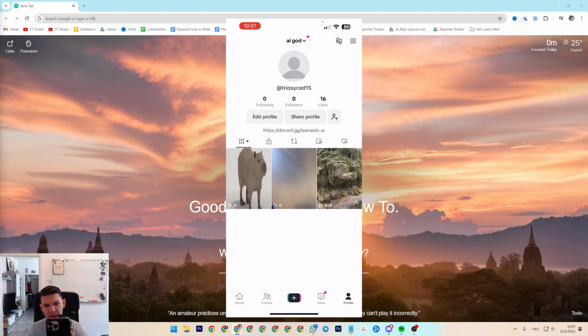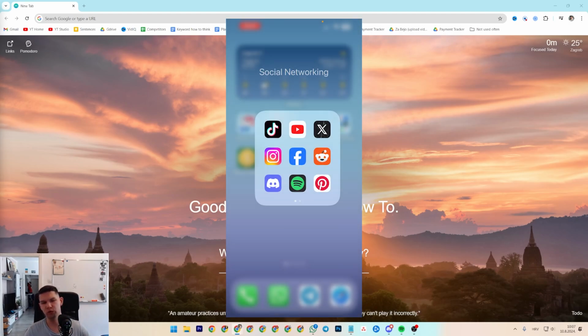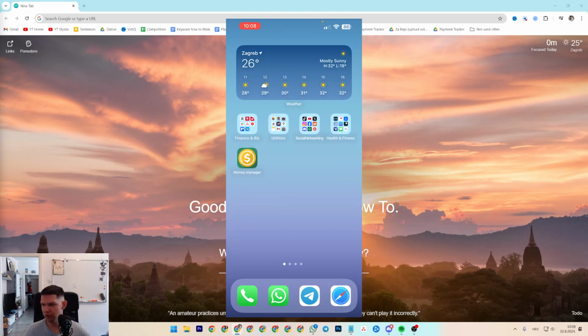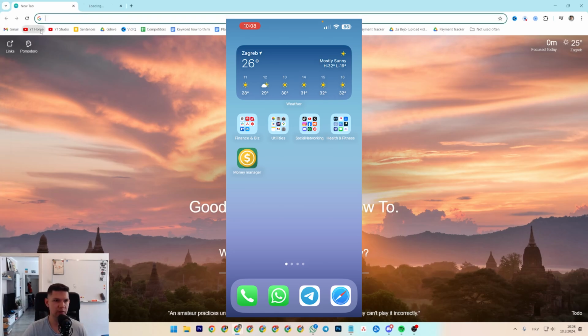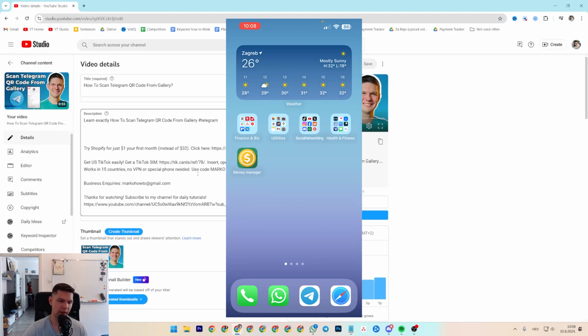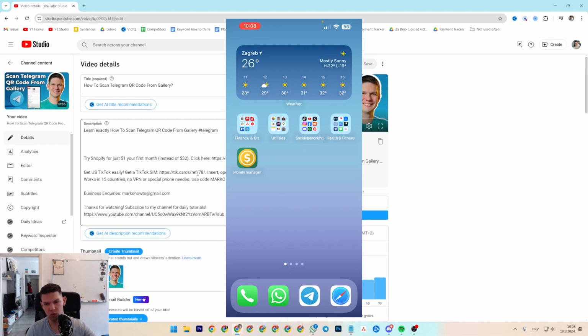Now, there are some ways where you go to settings, change your location, blah blah blah, but that doesn't work because TikTok looks where you are by your IP address from your SIM card, and especially if your SIM card is not from the United States, not a US SIM card, you'll most likely never be able to change it. So there are some things you can do that will actually help, and it's basically to go in my